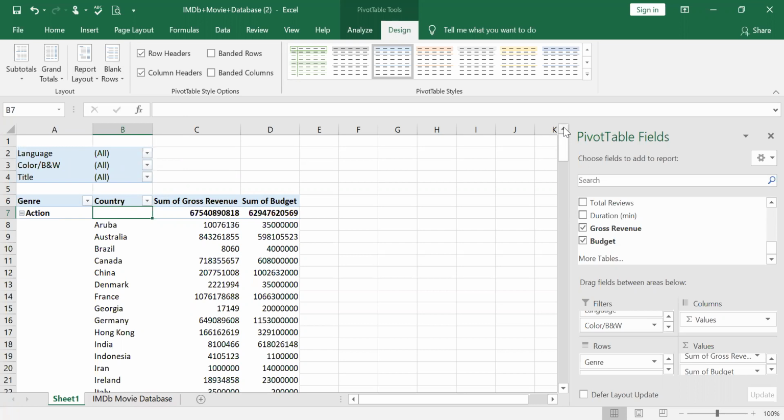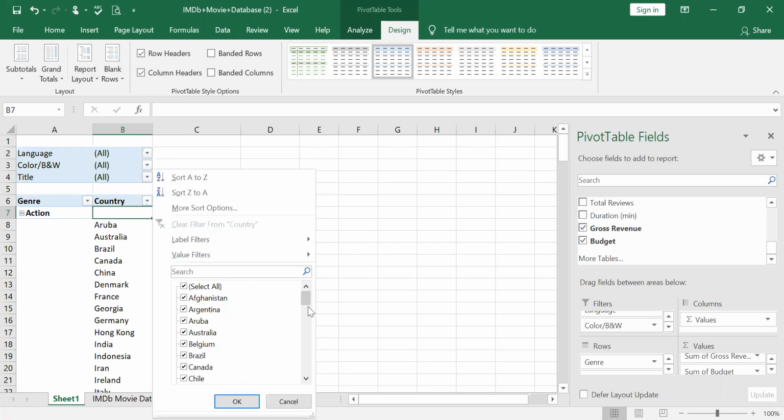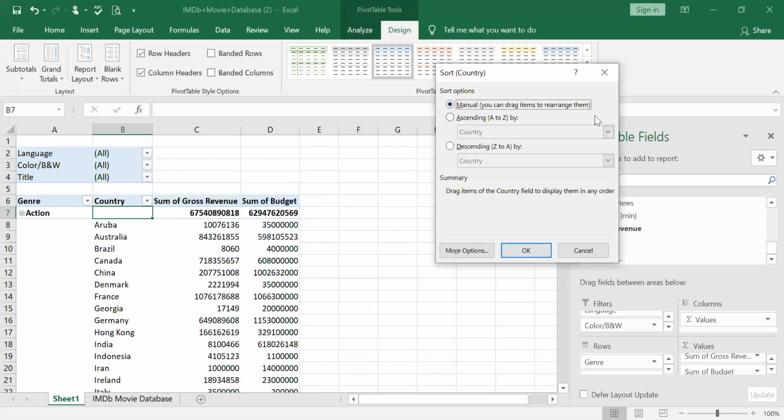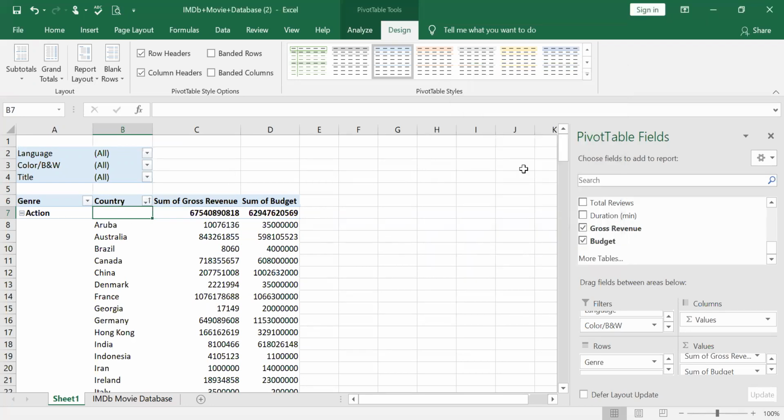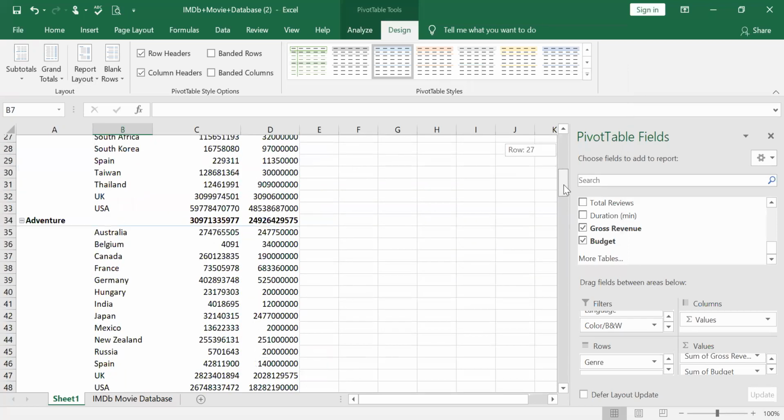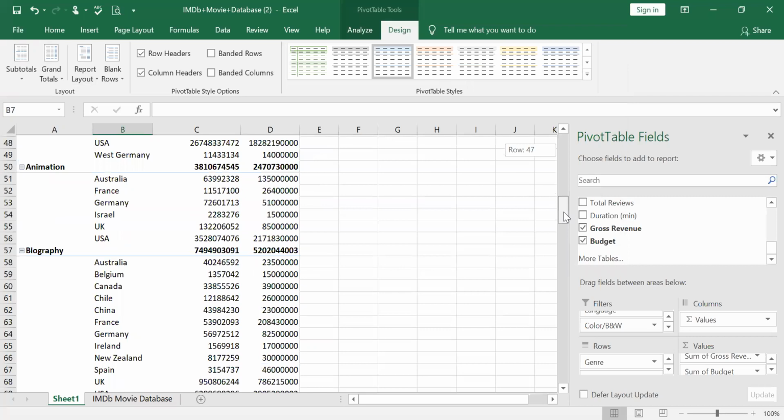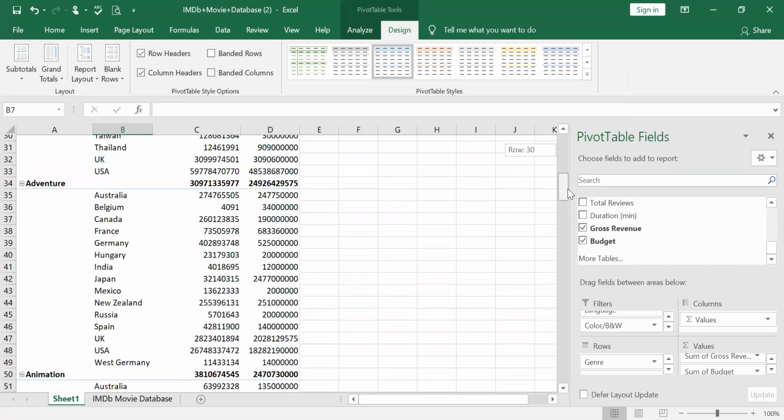Here, this is more sort options, like how you can go by ascending or descending. You can select country wise. If you want to go for more sort options, you can give country wise, or ascending or descending, and check which are all the countries on the top, or the genre, right? You can just give okay. If you take all the countries on the top, action is always on the top, followed by adventure, then animation, biography, comedy. So the country wise sorting goes like that.